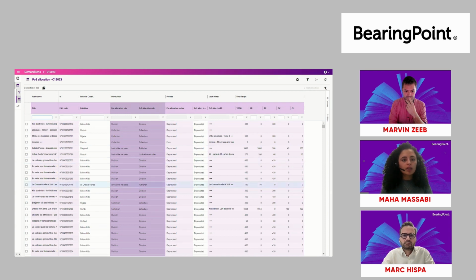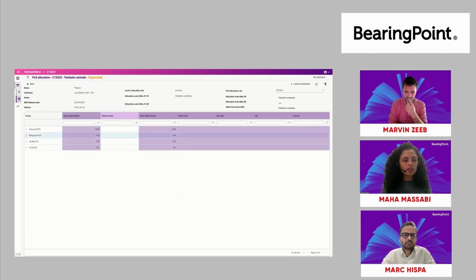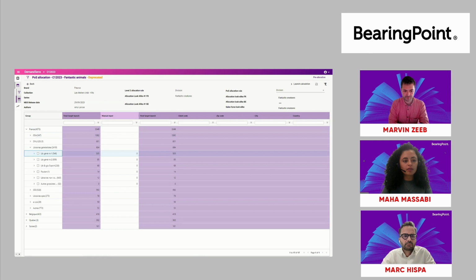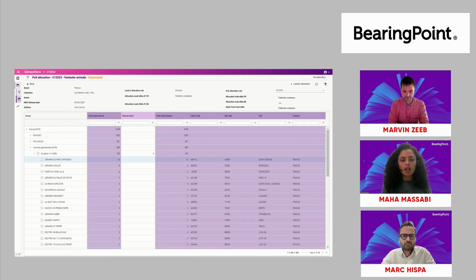It's another grid displaying also some information of the item, the rules used for the pre-allocation and the point of sales allocation, and then the fixed target quantities per market prepared in the previous step. So back to my same product. I will click on the details and I will have the result of the allocation, not only on the market, network 1 and network 2, but here also the client level. So for each client, for each point of sales, I will have a quantity distributed, fixed 12 copies, for instance, for this library